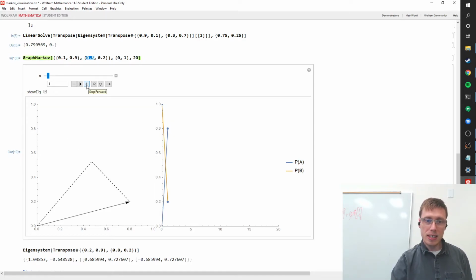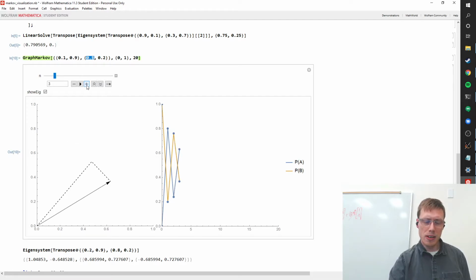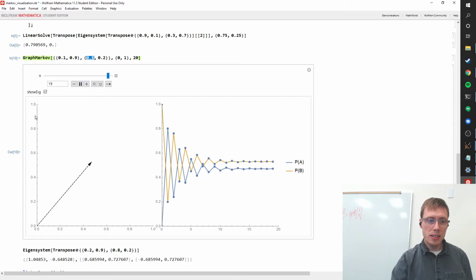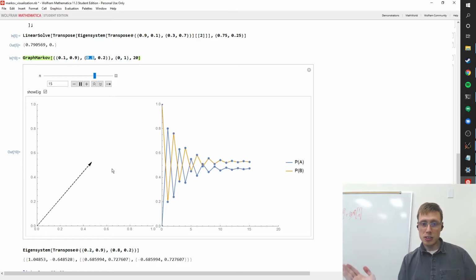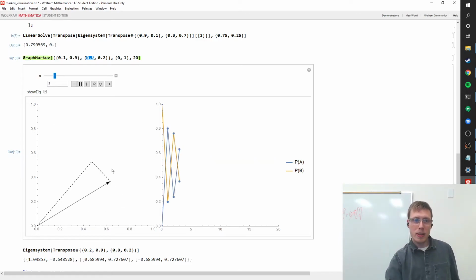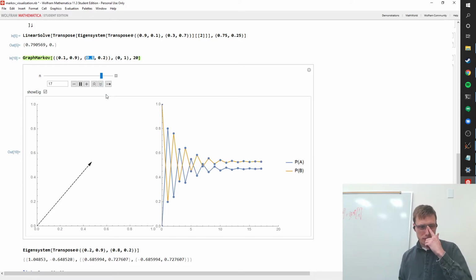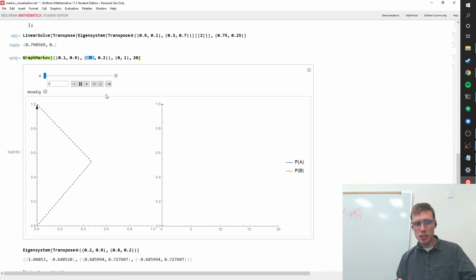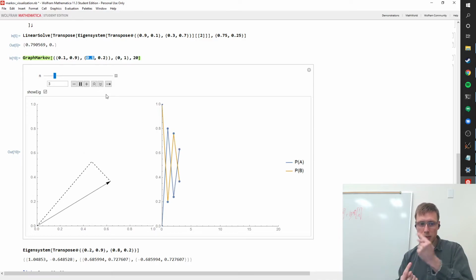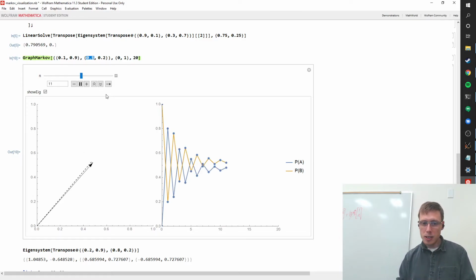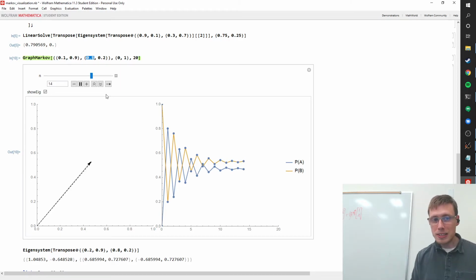But here, look at this. It has a negative eigenvalue. So now it oscillates back and forth. But you can see it still stays right along that line. That eigenvector is still getting smaller with time, right? Let me slow that down a bit. But it stays along that direction. It just flips and gets shorter. Back and forth, back and forth. And that's all it can do. As all these things can do.